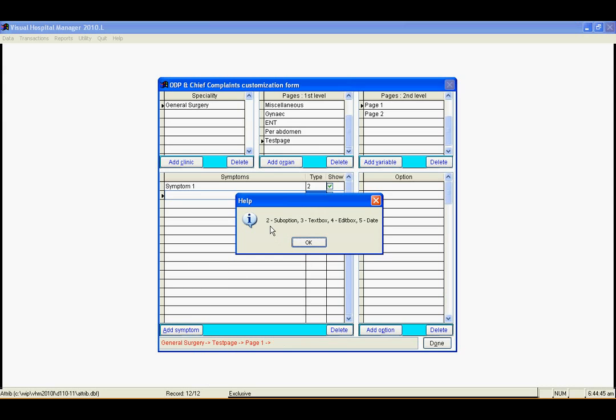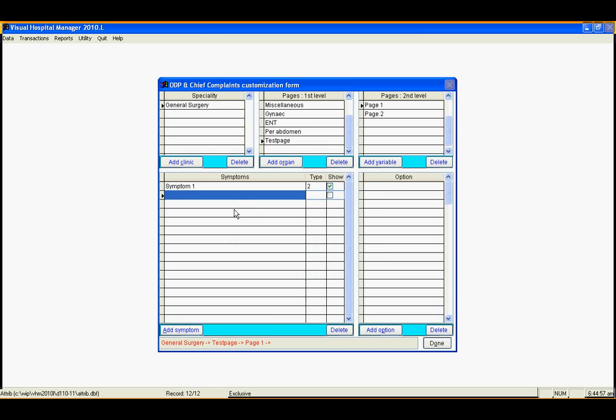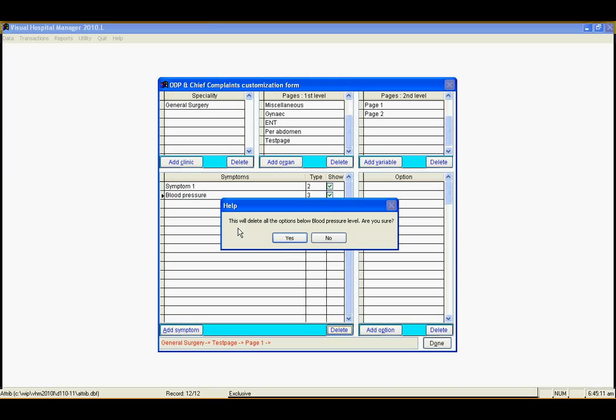Okay, these are the types of options you can specify. So we specified 2 here, and we specified options here. 3 is a text box, 4 is an edit box, and 5 is a date. So let's try it out. So I would say I want to say heart rate or blood pressure. Now this is something that I will have to type in. So I say 3, show. Then probably I would like to have an unlimited